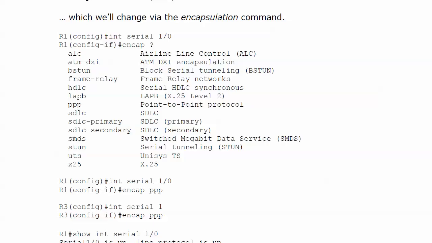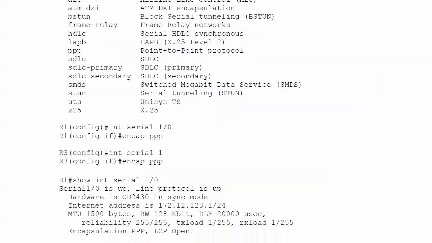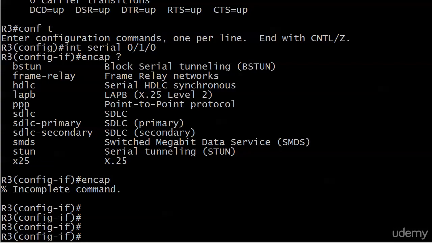I just did a quick verify. And of course, you're going to do that with the encapsulation type change. You have to do that on both endpoints. What am I going to see as far as serial 1/0 is concerned, what will the line protocol be, if there's an encapsulation mismatch? What am I going to see there? I would actually see, and I can do it here,